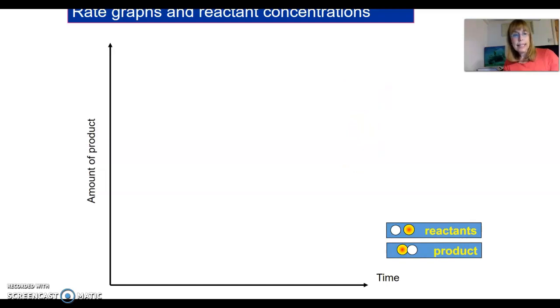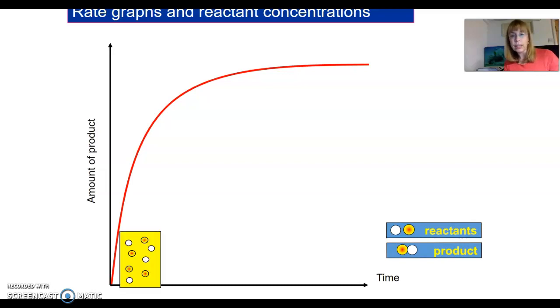Now I've got a little bit of a key there for you, and this is the graph we're going to get. Now we always need to go back to that all-important collision theory. Why does the graph look like this? Well, what are we seeing? We know from the collision theory that at the beginning I've got reactants A and B, the white dots and the yellow dots. And they first have to collide before anything happens. So once they start colliding, once I've added the two reactants together,